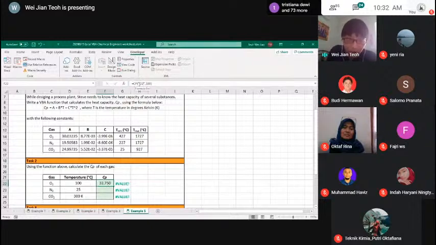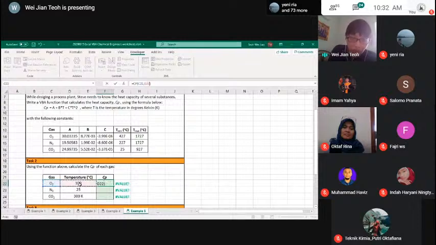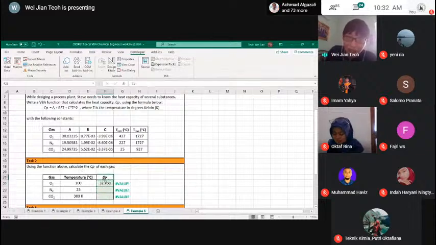So I have shown you how you can use this. I can just type in directly, or I can refer to the cell. So I can just refer like this, and this I can refer like this. It should give me the same answer. So this is how I can use a function. You can imagine that you can develop a function for enthalpy, density, viscosity, compressibility factor, thermal conductivity, and so on.